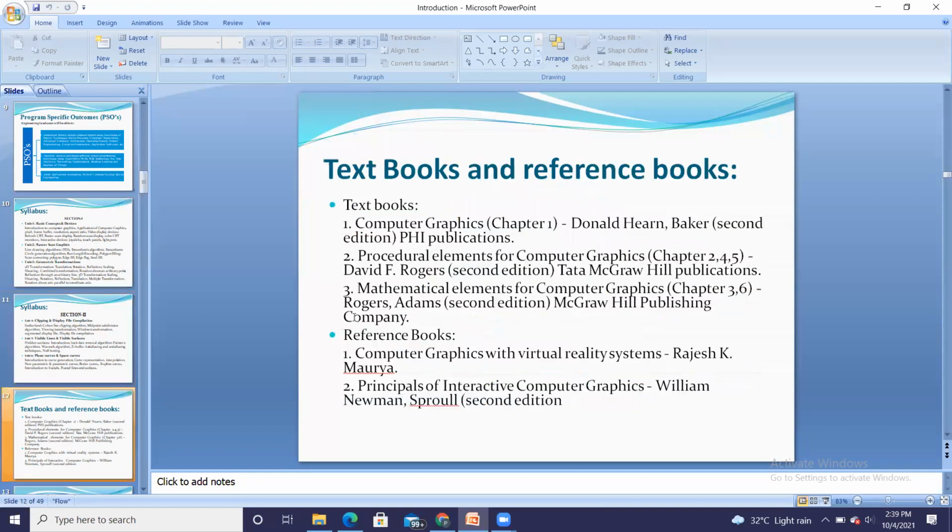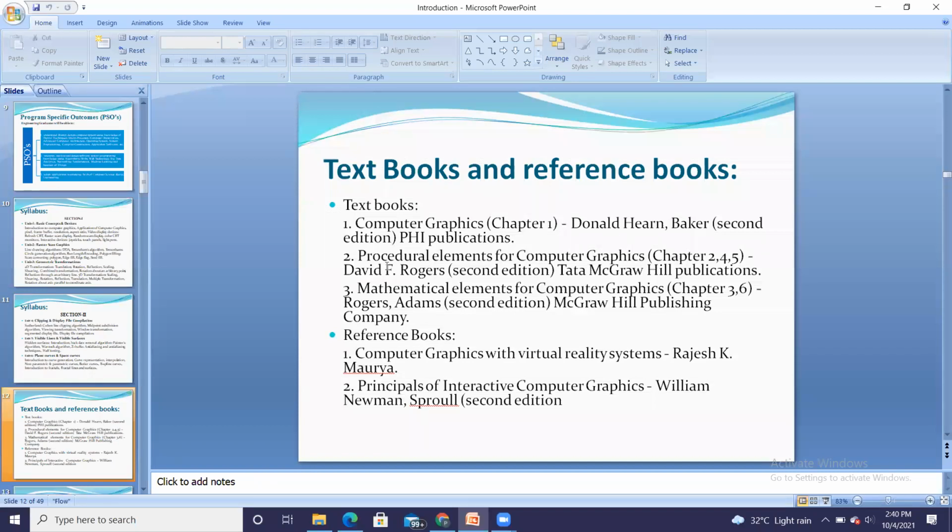Then the textbooks and reference books required. So there are two textbooks. Your total syllabus is divided in 3 books. For chapter number 1, that is the basic introduction, you will be referring Donald Hearn and Baker, which is PHI publications.